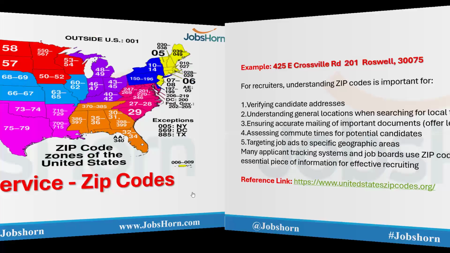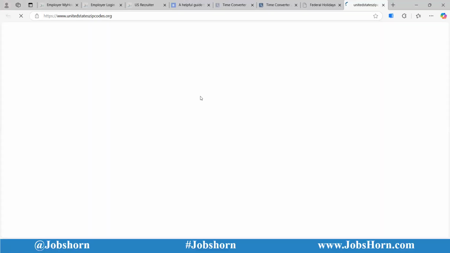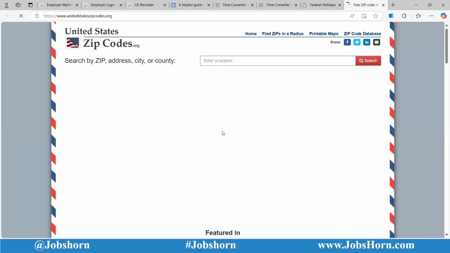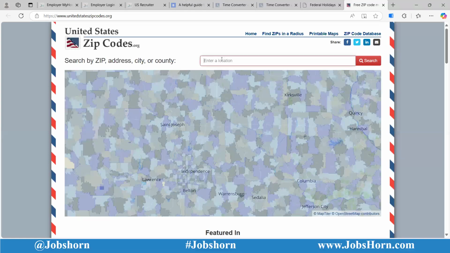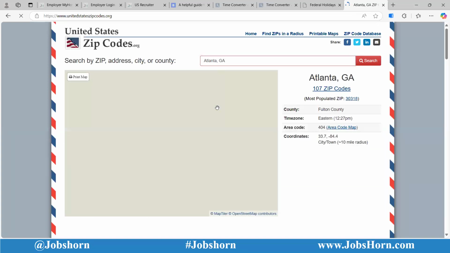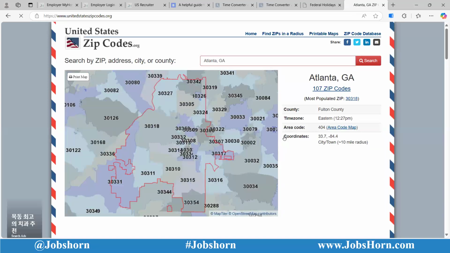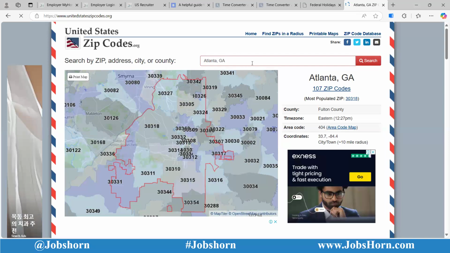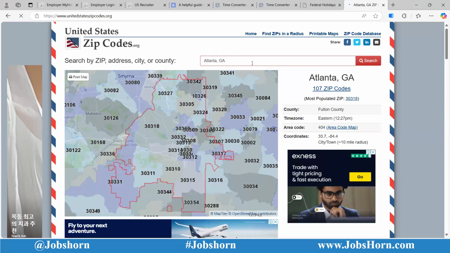Here we have a link where we can search the zip codes. Here we can check the zip code link. I just searched for Atlanta, Georgia.